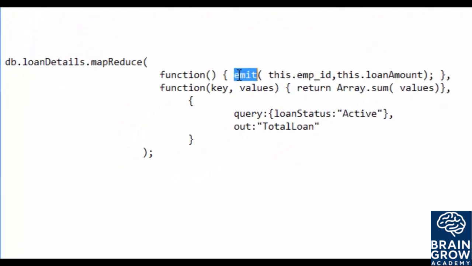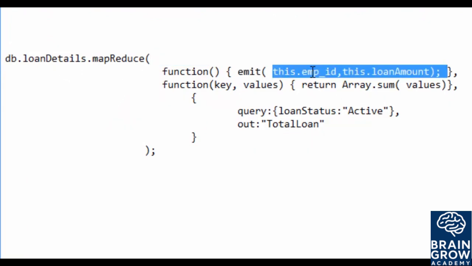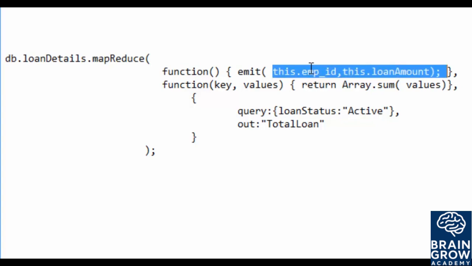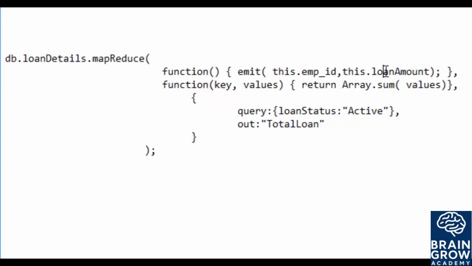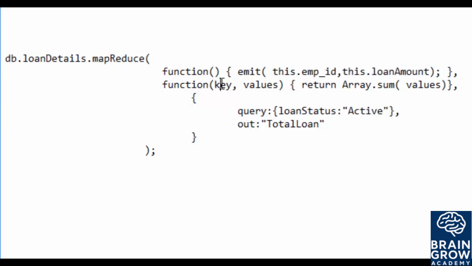First I'll write the mapper function here, and with the mapper function I'll be giving the employee ID and loan amount. So for each employee I'll be finding the loan amount, and here I'm providing the query: loan status is active. So I'll query all these documents and find all the active loans for each employee. So employee ID and active loans, and I pass them to the reducer function,